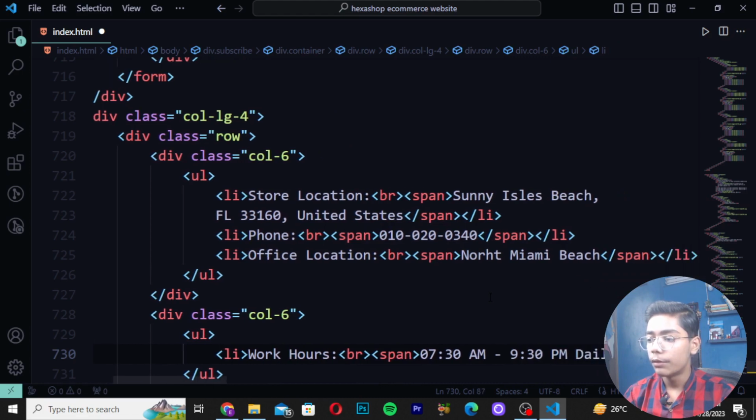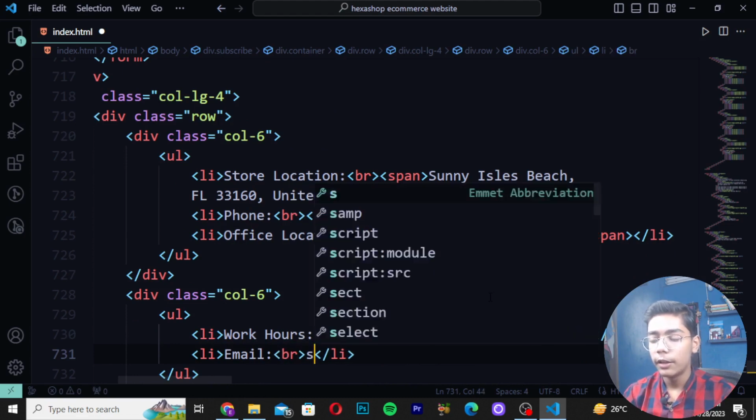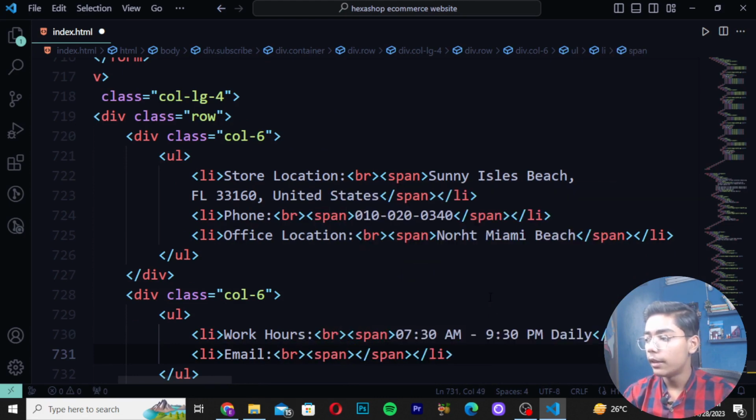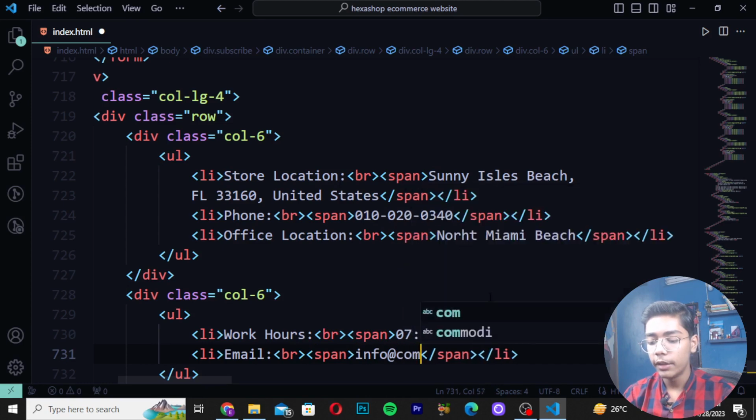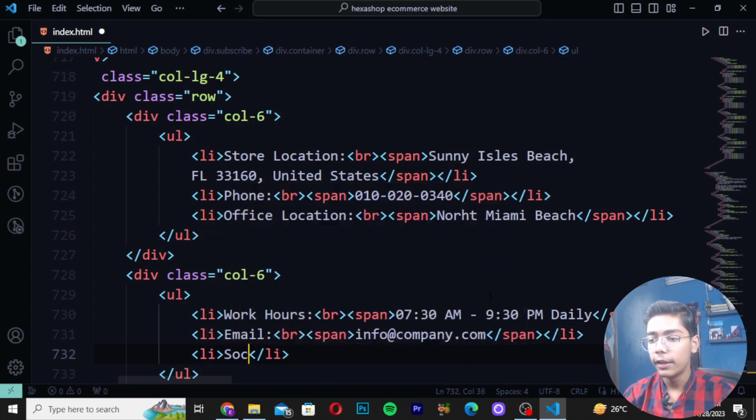Then move down after this, close li tag and span tag, and right here email. Then here I will be writing br tag, and right here span tag. Then here I will be just writing info@company.com. Then here I will be just doing one thing. I'll be moving down after span and li social media, and here I will be just writing br tag, and